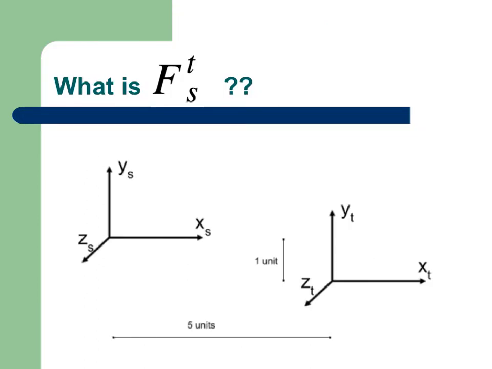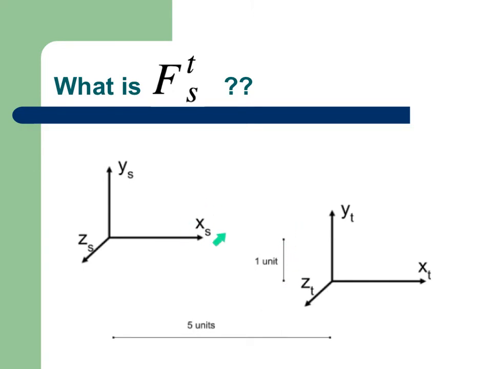So here's a slightly different problem. Again, the important thing to notice here is there's no rotation going on, right? So y always points up, z always points out of the screen towards you if you're looking at this video, x always points to the right, but the axes are not aligned, and it looks like